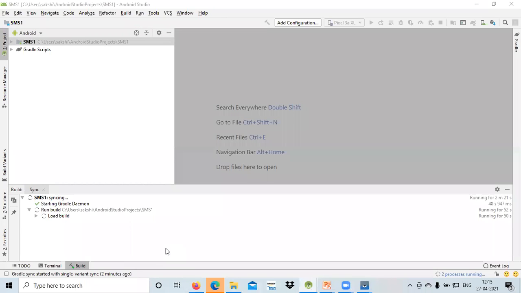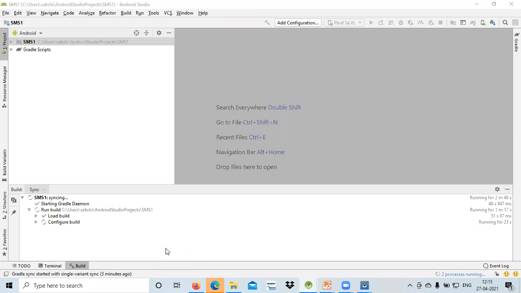In the manifest file we don't require any graphical components. Is it clear? The manifest file gives permissions either on your application or on your activities, or if you are having some particular intent over there. So just be clear that the manifest file gives permissions for your application.